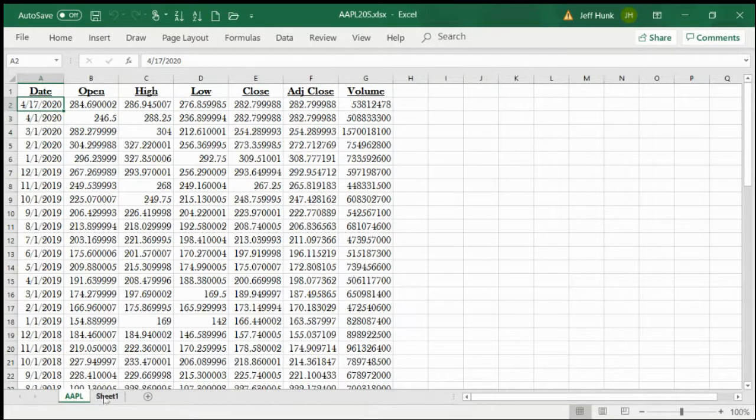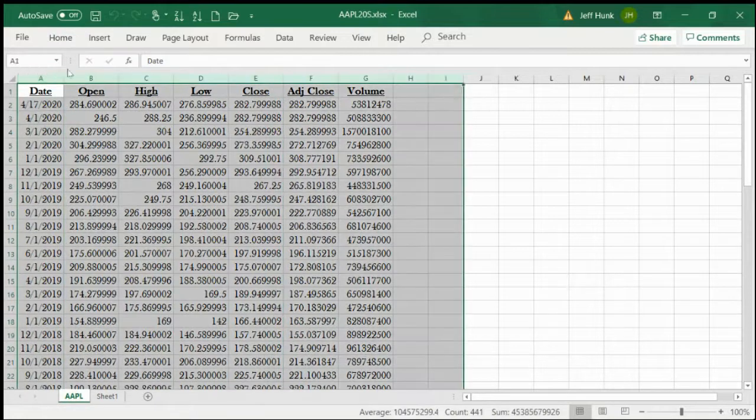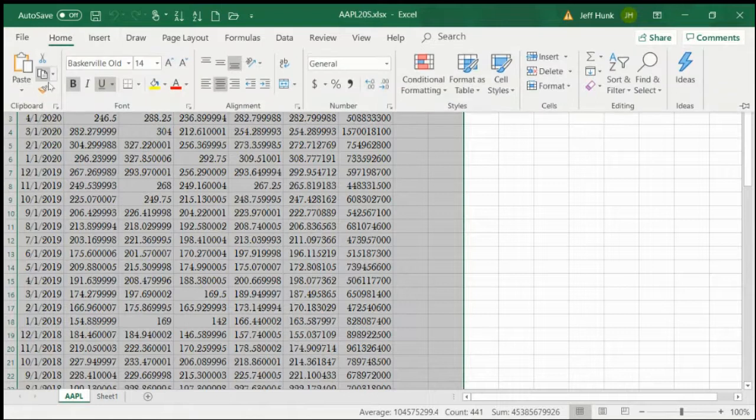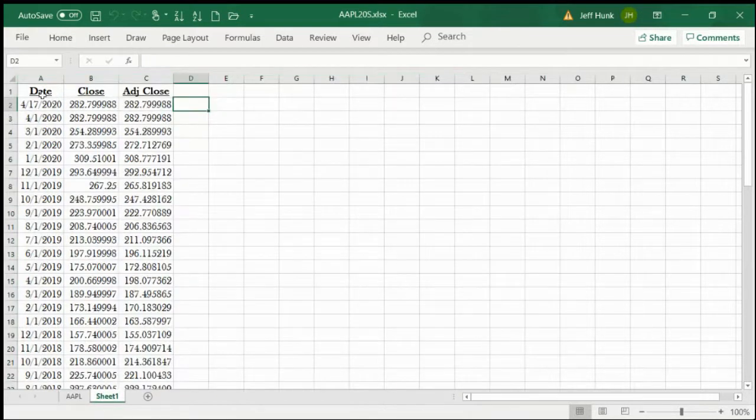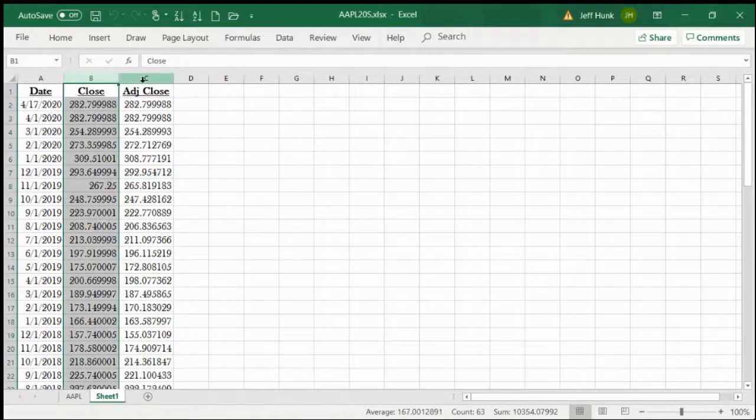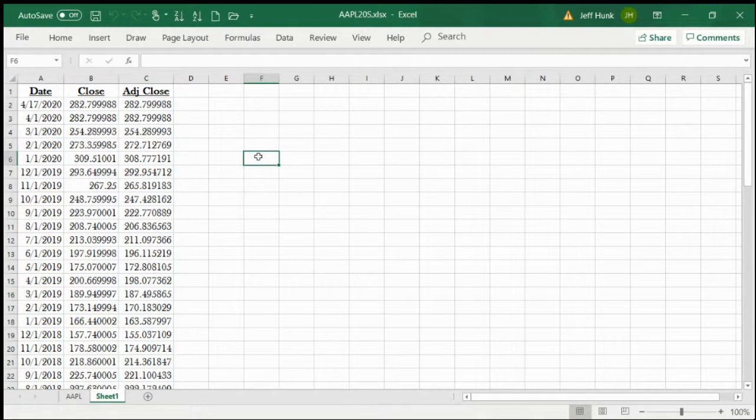Then I highlighted these columns, this area, copied it and brought it to the next sheet and pasted it here. And then I deleted all the other columns, leaving only the close and adjusted close price. Last time I told you